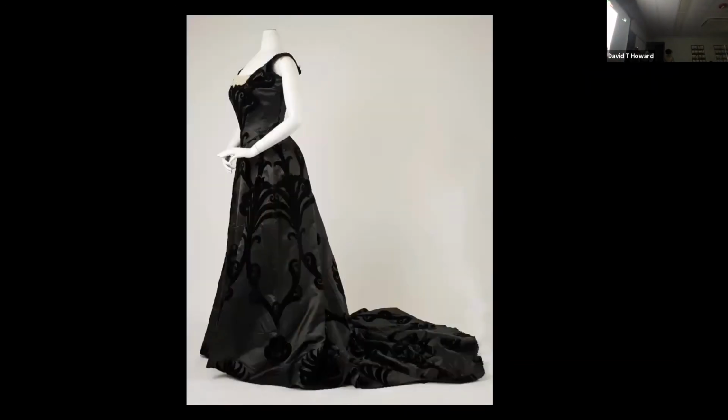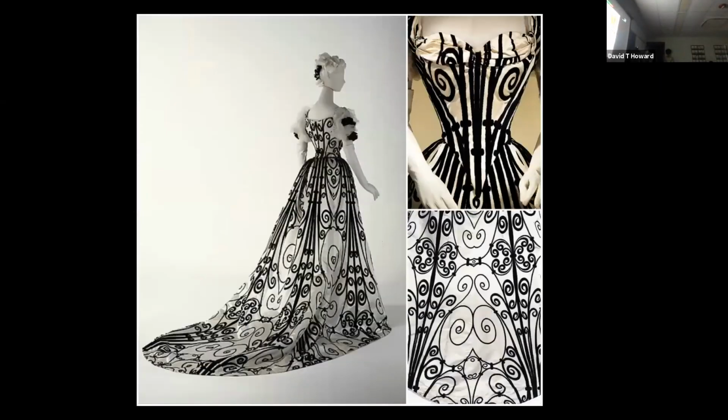And here we see an evening gown that for all intents and purposes, you might see on the red carpet somewhere, right? With just a simple strap, fitted bodice, full skirt. And that black dress becomes very popular. Now it's a little hard to see, but this is actually flocked. And this is one of Charles Worth's son's dresses. It's very similar to this dress here,